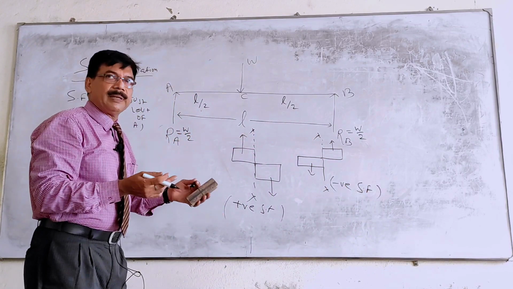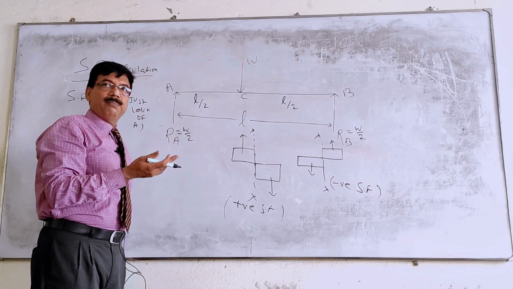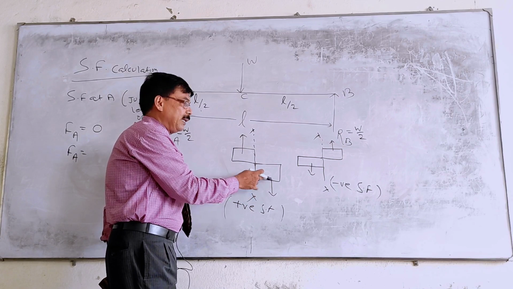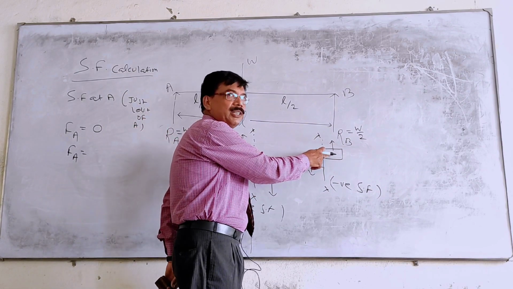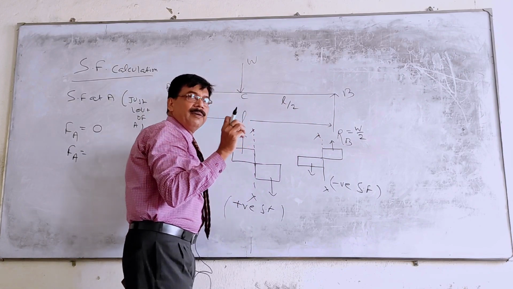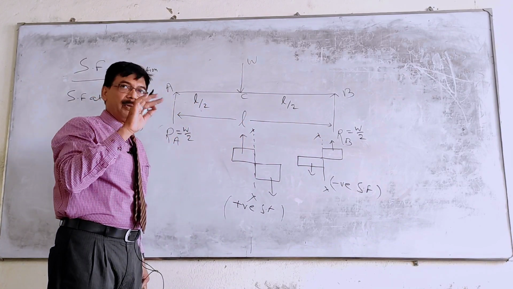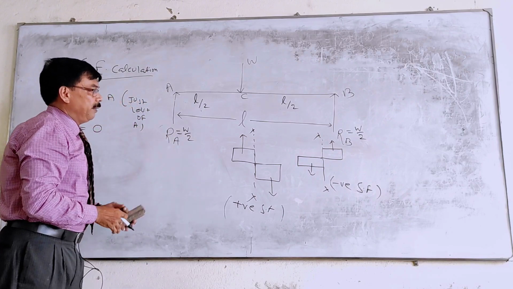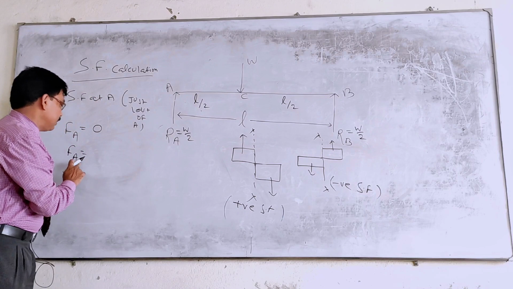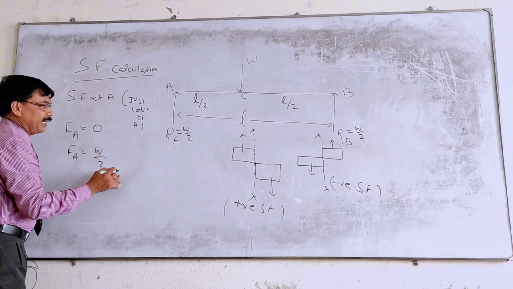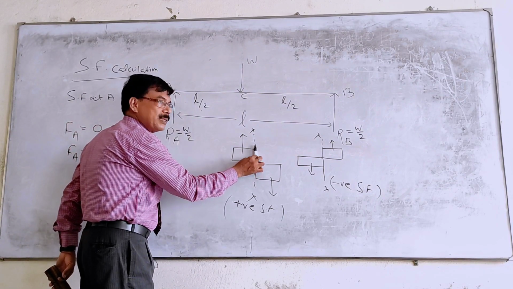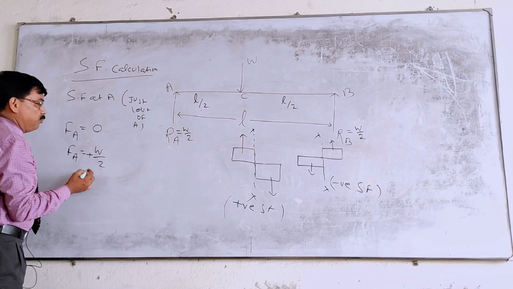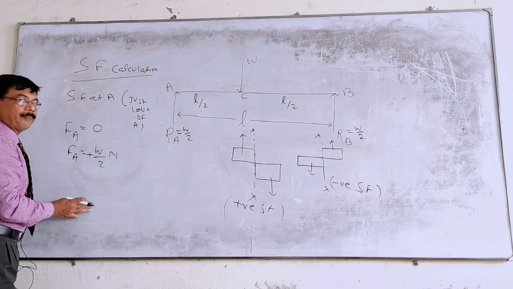Different books take different conventions. Some take right downward as positive, and some books take right upward as positive. But the value will be the same, only the diagram will be different. The value will be 100% the same. So here the shear force value FA is equal to W by 2, only the sign matters. Left of the section going up means positive sign.